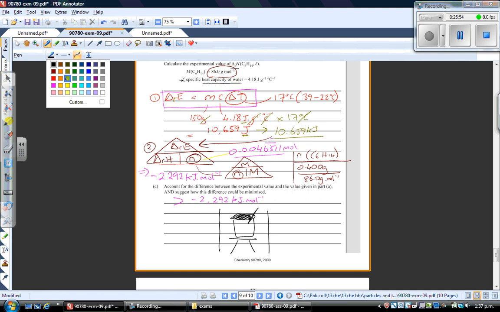They also mentioned that you should use some insulation. So get some of that insulating material and put it around your container. They're also talking about having an ample supply of oxygen. So if you really wanted to go crazy, you could have some sort of way of introducing a plentiful supply of oxygen to make sure the combustion is complete, and make sure it's performed at 25 degrees Celsius and 1 atmosphere of pressure, etc. So it's a nice question to get in your exam paper, and that is an introduction